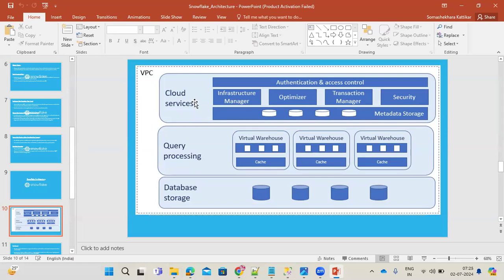Whenever a user is trying to load data into the Snowflake account, the first thing is that the cloud service layer will accept the data load request. Whenever the user initiates the data load request and tries to load the data into Snowflake tables, this cloud service layer will take care of the end-to-end responsibility. Whenever the data load is completed,